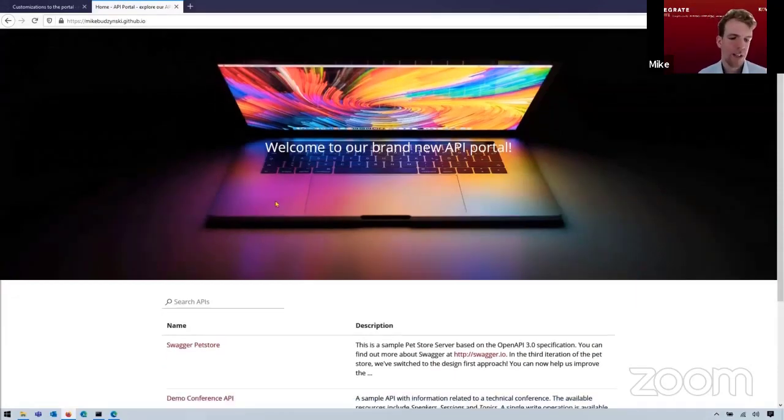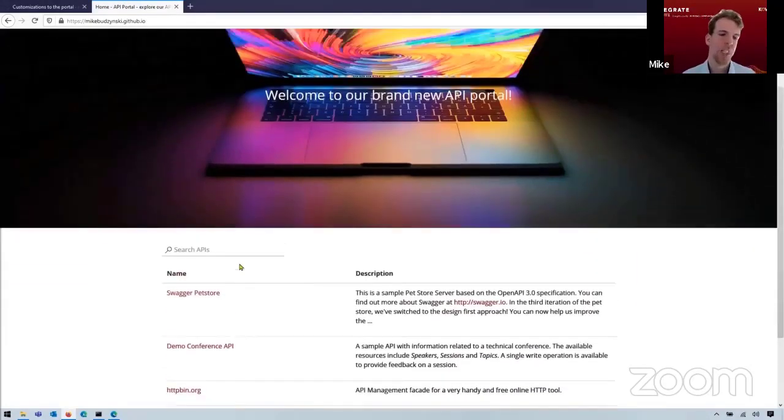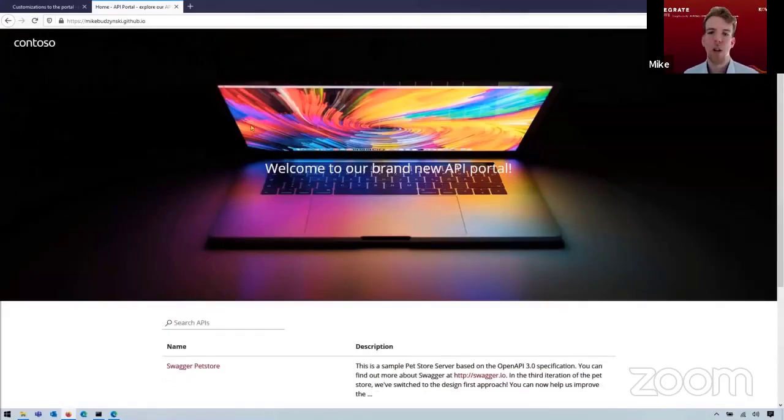So the image is different, the colors are different, and the portal is now customized. It contains all the 4 APIs that we just saw because I didn't touch any API specs. So in just a matter of a few minutes, I was able to publish an API documentation site for my APIs,